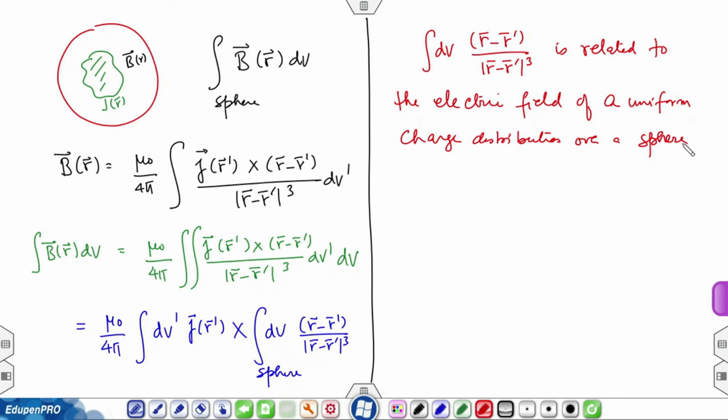How so? Suppose I am given a sphere carrying uniform charge rho,